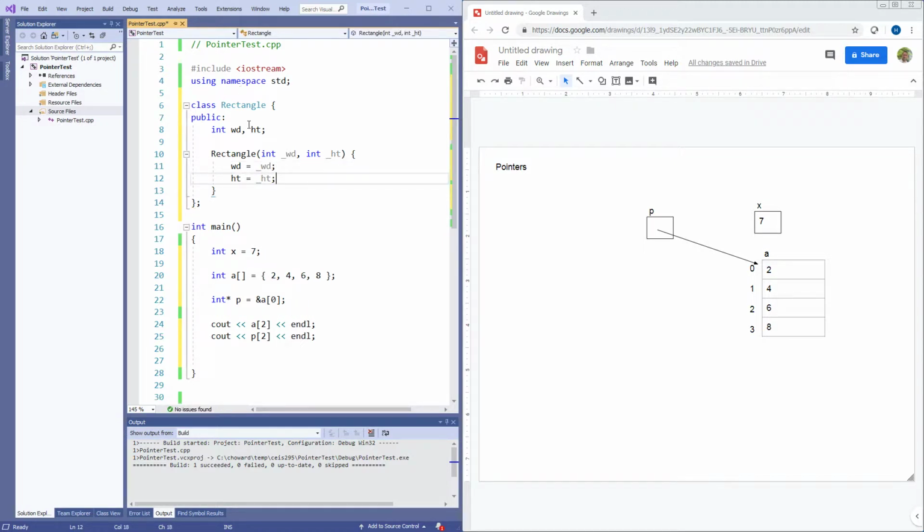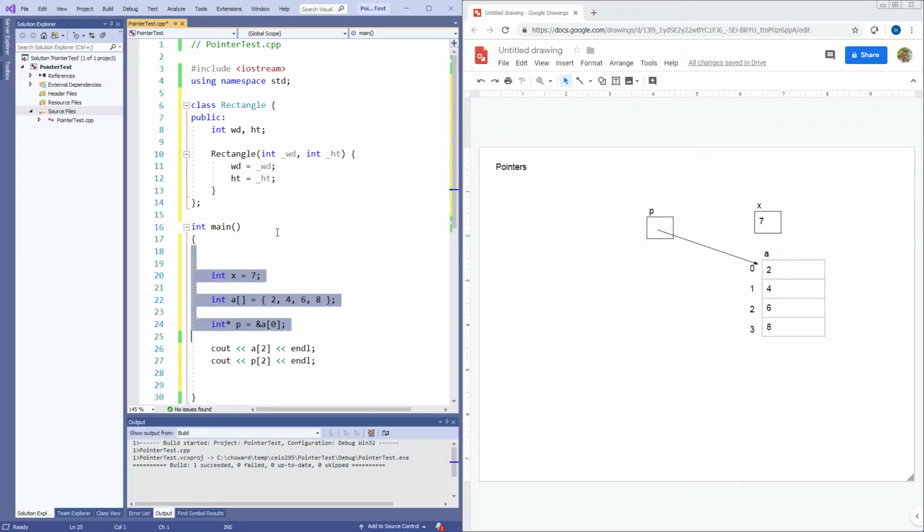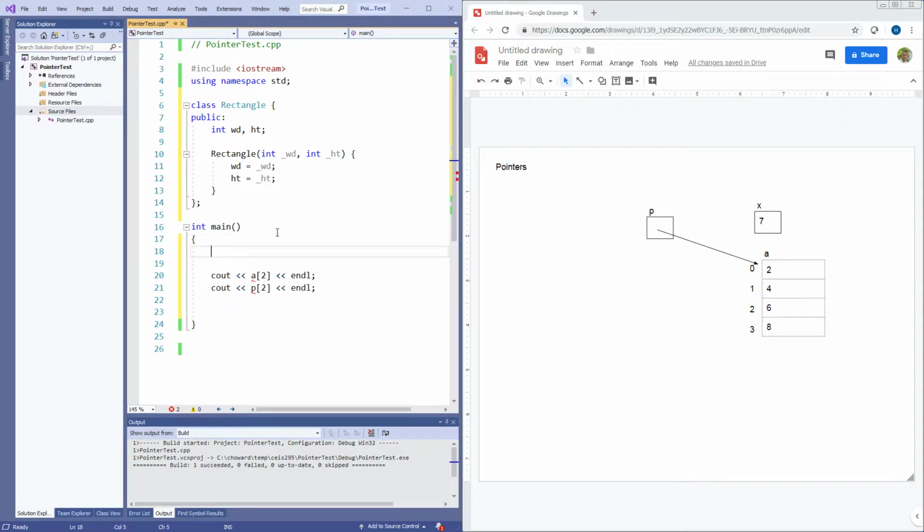For that particular rectangle. And then in the code, we could declare a rectangle and say it has a width of 5 and a height of 3. And we can declare a pointer to a rectangle. And so now our diagram will look a little bit different,